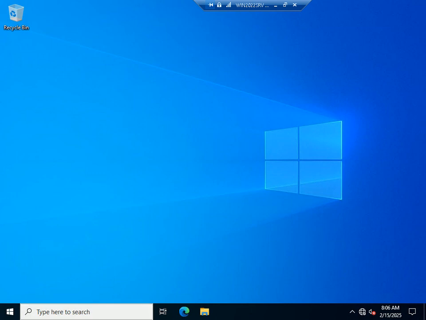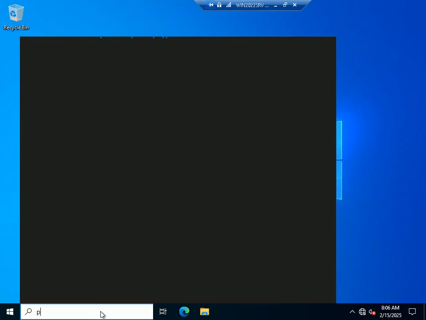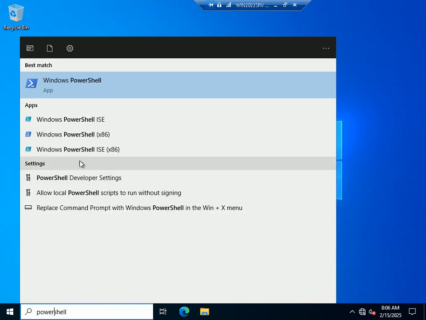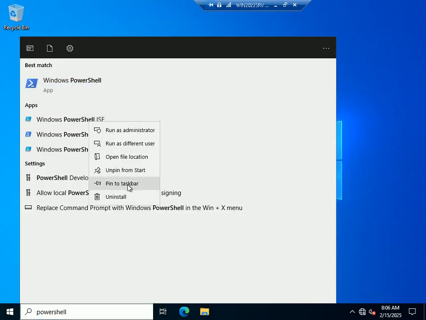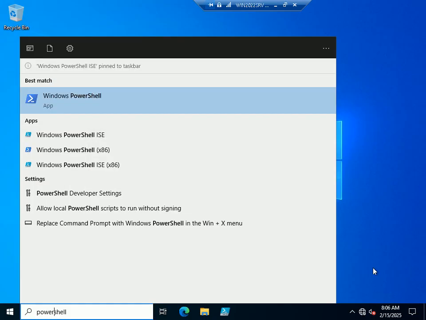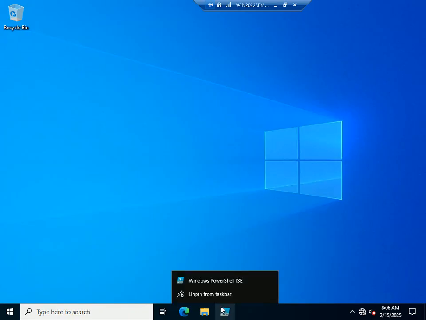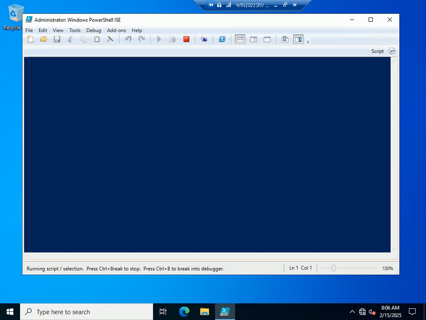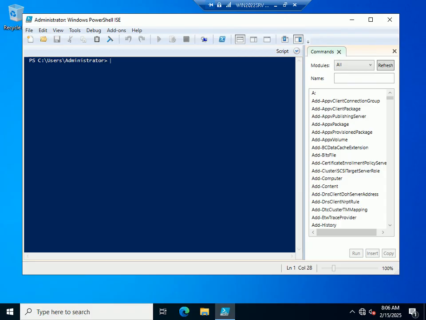Okay, what I'm doing is I'm just first opening the PowerShell, and I'm opening this ISE console. First of all, I'm just making it to taskbar and then running it as an administrator. Now the first step is a common sense step which I have not mentioned in our PPT, is to set the